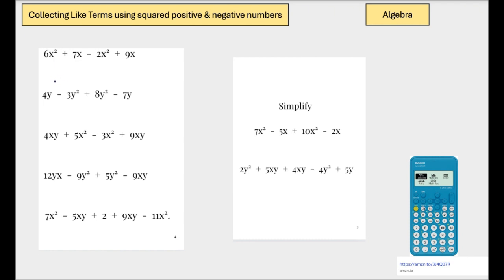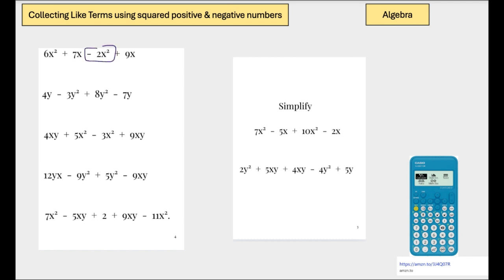So, quite a long one. 6x squared plus 7x minus 2x squared plus 9x. Said that nice and fast. So we're collecting like terms. So let's put our like terms together. So we have 6x squared and we have a minus